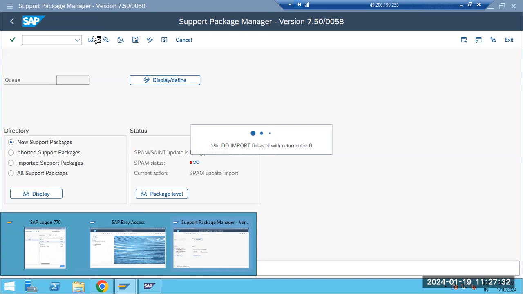It's only SPAM update, right? Small update actually. It won't take much time. See here, it's completing almost. Okay. So if someone asks you why we are unable to see the option here,